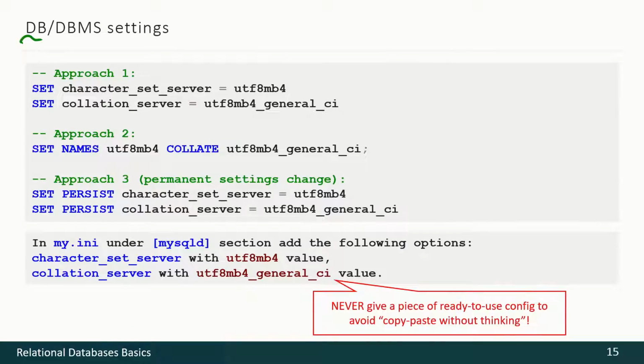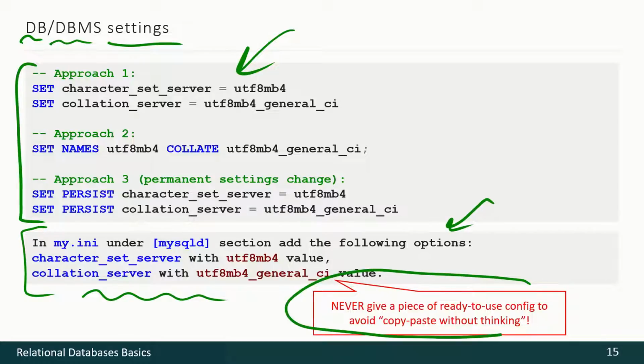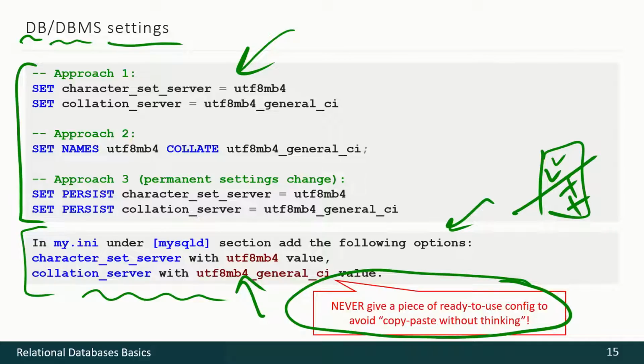To set some DB or DBMS settings, we may also use SQL. Examples are here, or we may use some text description for our colleagues to perform some changes manually. But please remember, do not provide ready configs, only provide such a description. Otherwise, someone will surely copy-paste your config with some good settings in some incompatible settings. To avoid such a situation, provide just a description but not the config file itself.